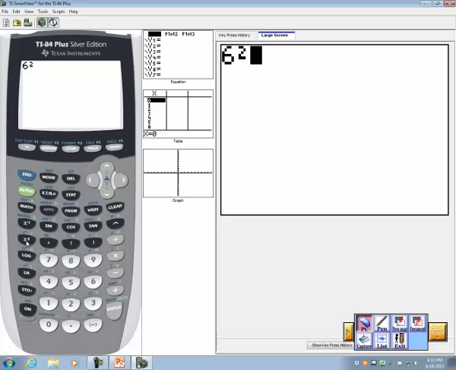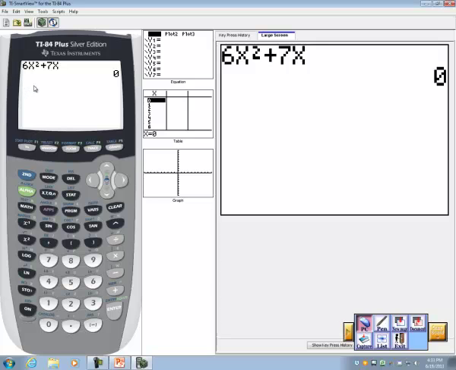6x squared. Oops, no, I don't want to do that. 6x. Let me clear this, start over. 6x, there we go, squared, plus 7x, and it equals 3. Well, what we want to do next is